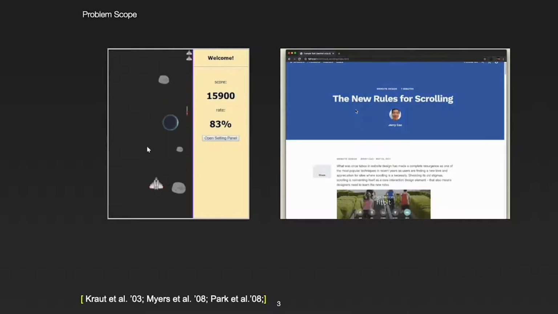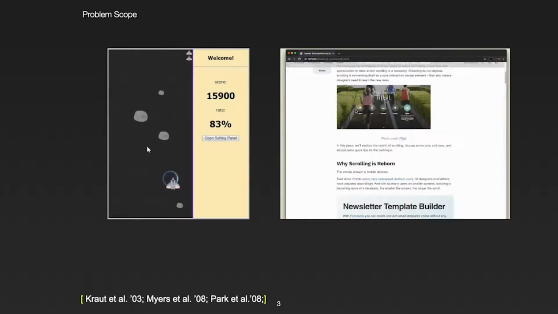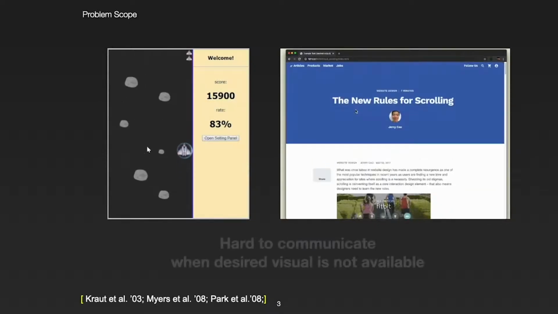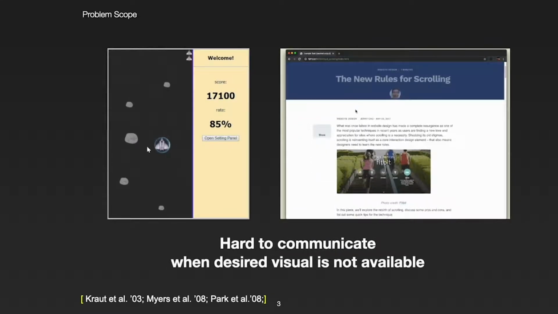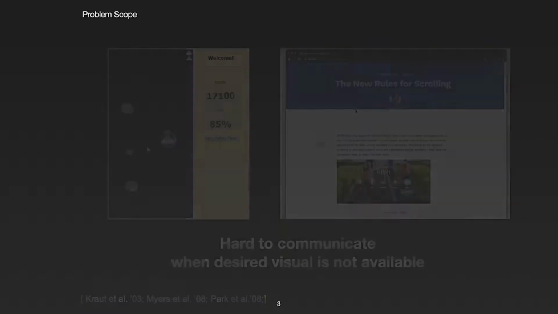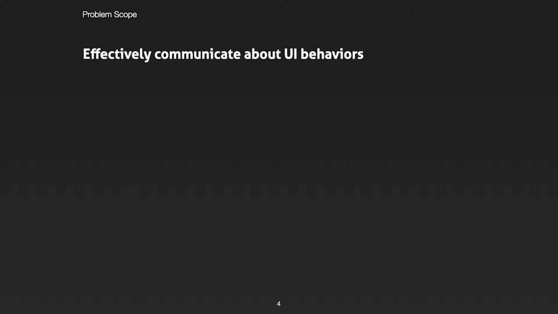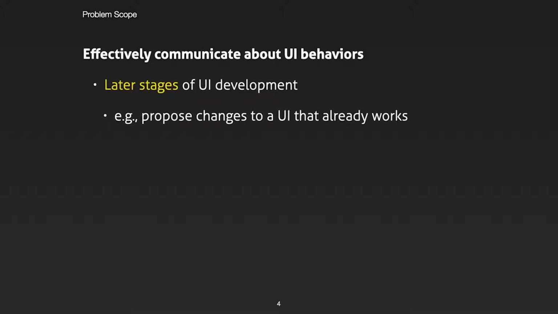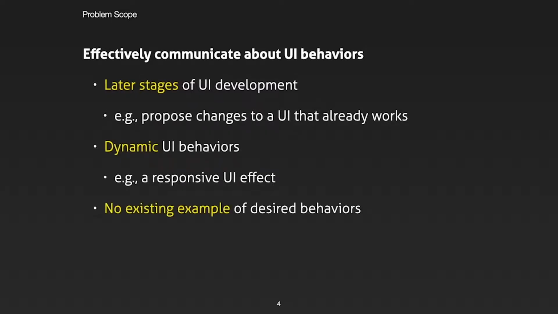However, sometimes interfaces can be arbitrarily complex, making them labor-intensive to sketch. Additionally, these visual references may not be available to use. In this work, we ask, how can we facilitate UI designers to more effectively communicate about their UI behaviors in the context of the following three constraints? They are in the later stage of UI development, the UI behaviors are dynamic, and when there's no existing examples